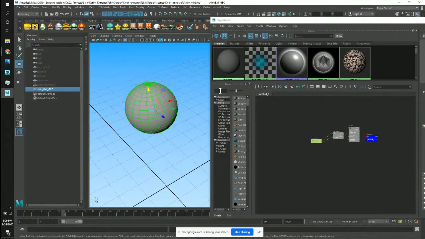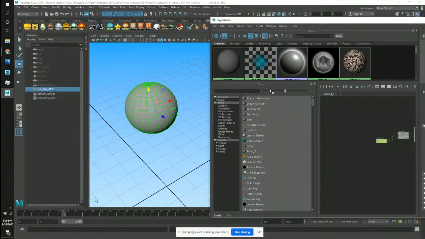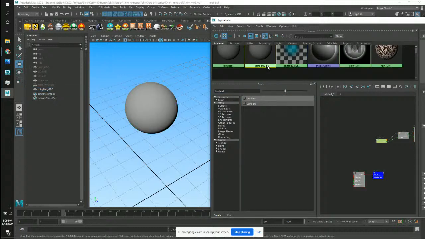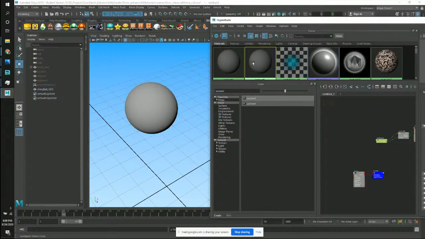Okay, there's only 3 materials we're working with, right? And that's Lambert, Blend, and Fog. It's right in here in this create section, this create bar. Lambert, Blend, and Fog. Okay, so Lambert, it's just the base material. Just taking a look at the preview here, it's not going to give us what we want, which is a highlight for our ball. So that means we either have to choose blend